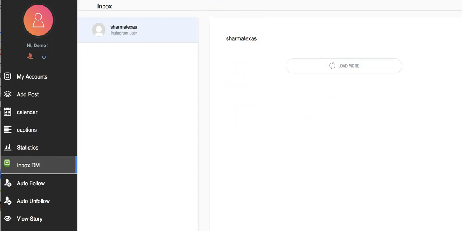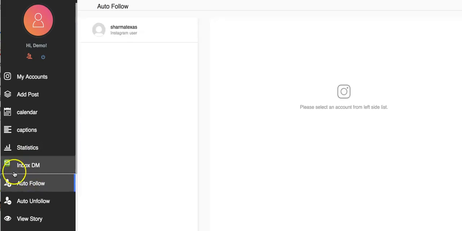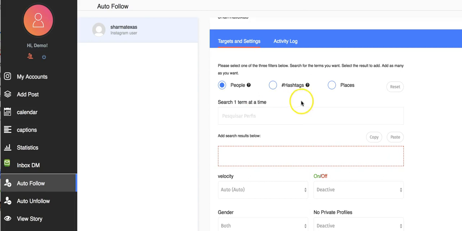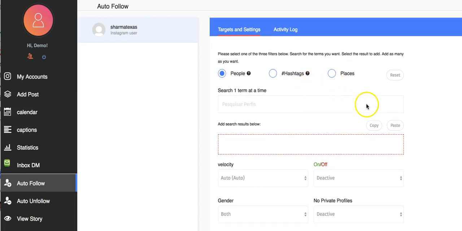I showed that to you on the front end. This is a brand new account, so to show you how everything works: Auto follow, make sure to click on the account. So basically it's going to go ahead and, you know,